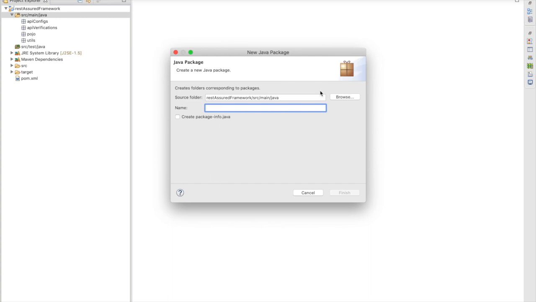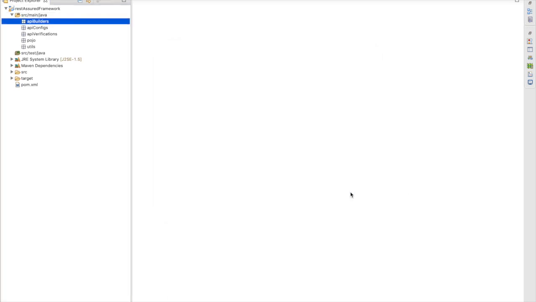Every time I cannot pass the data again and again. So for that I'll create the API builders, and I'll consume the data from the API builder class. We are going to develop one package which is API builders. So this will be my API builders.